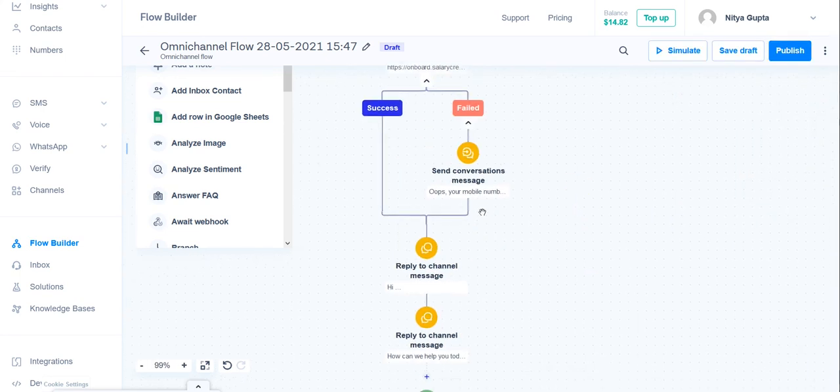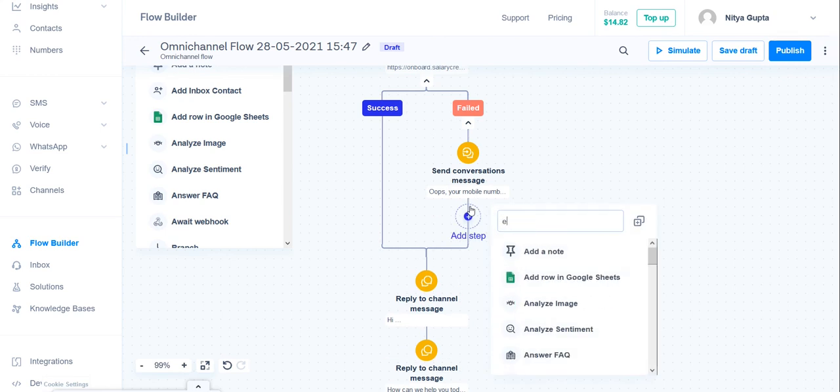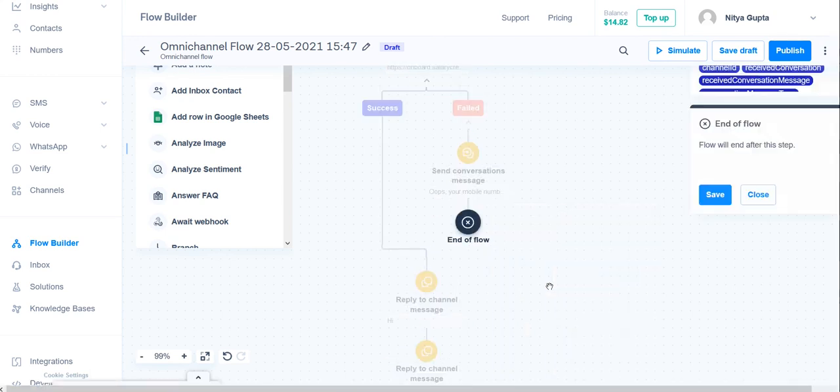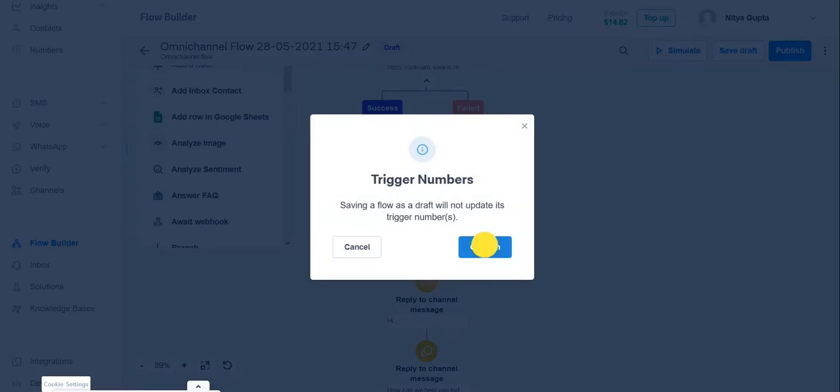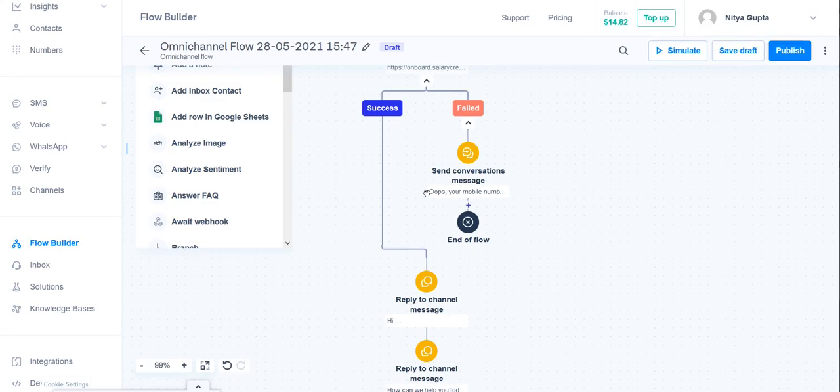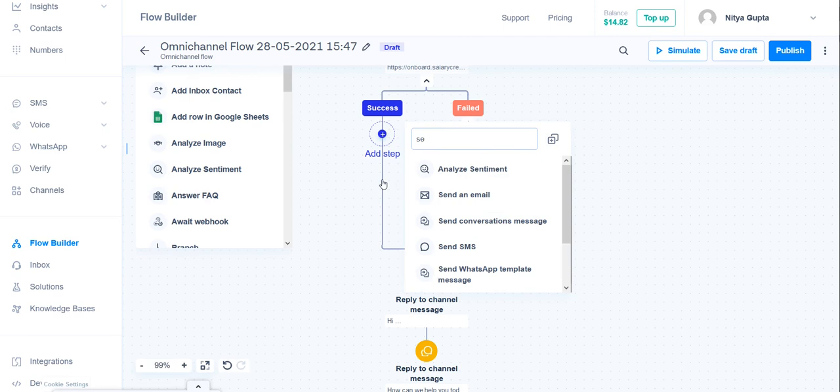And add a step to end the flow here. Also, we will add a reply message to the customer in case they get verified.